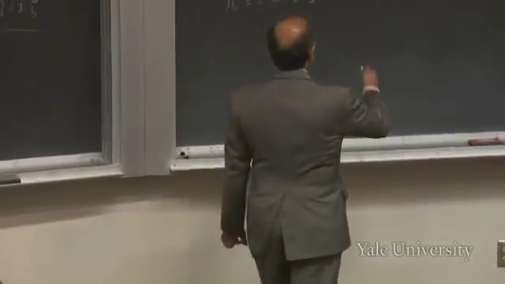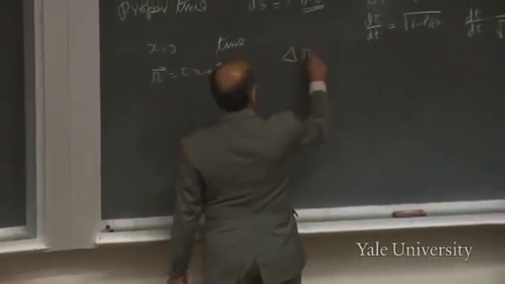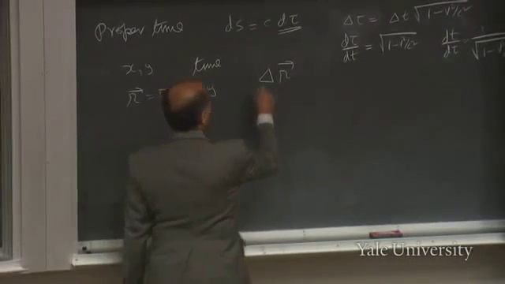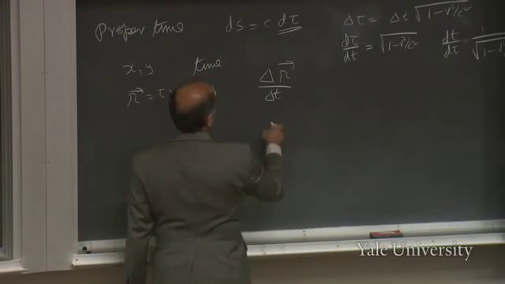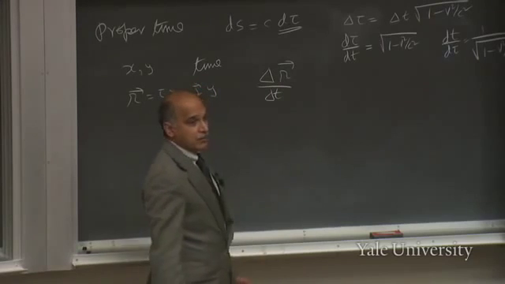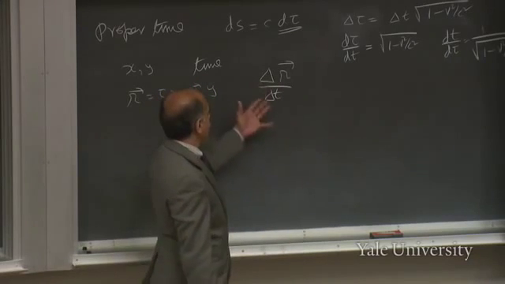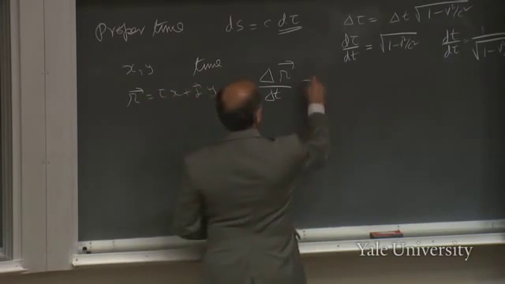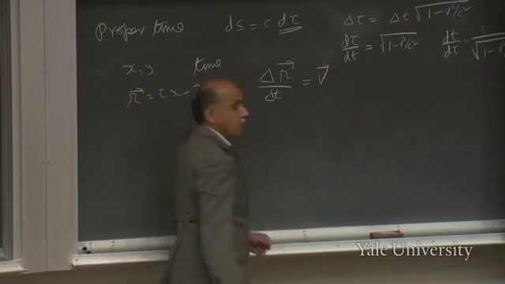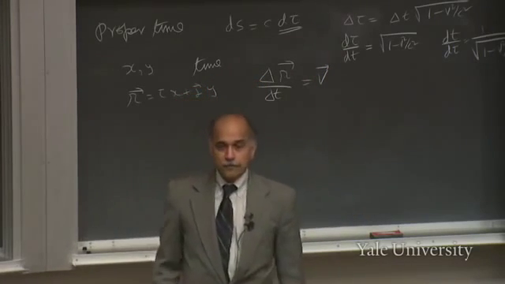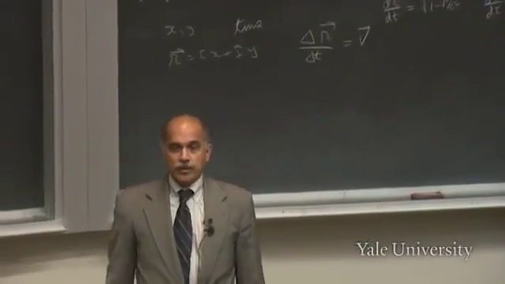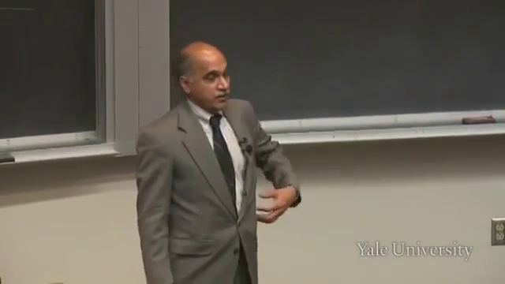Therefore, delta r is a vector because it's the difference of r later minus r now. Dividing by delta t is the same as multiplying by 10,000 or 100,000 or a million. Doesn't matter. That's also a vector, and the limit is also a vector. Therefore, when you take a derivative of a vector, you get a vector. And then once you've got this derivative,